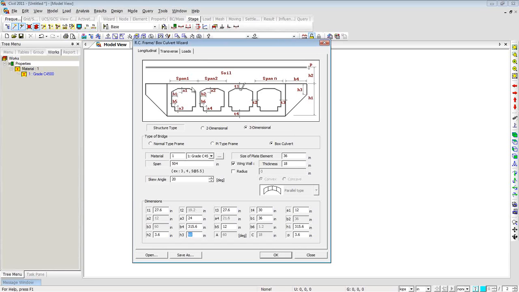So if you are modeling a box culvert with multiple voids, you can select span 1, span 2, span 3 and span 4 by entering the data separated by comma. You can even include radius of curvature if it's not a straight bridge and it's along a curvature. Just click on radius. You can select convex or concave. You can select the layout of the bridge as well. But for this example, we'll stick to the default values here,